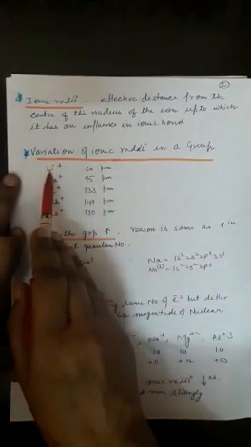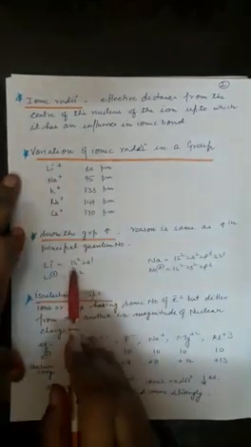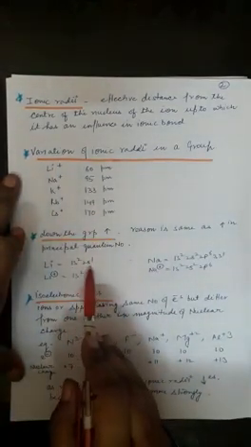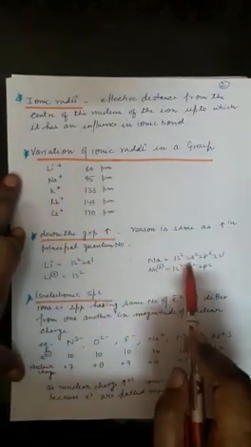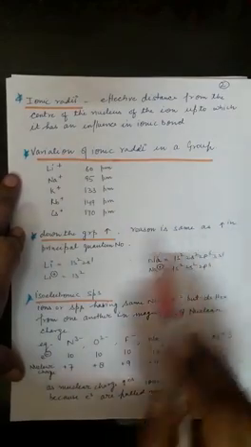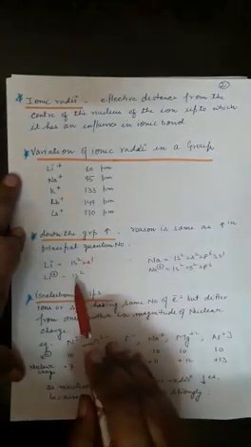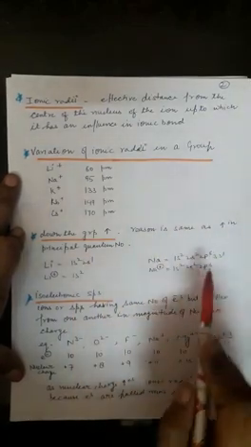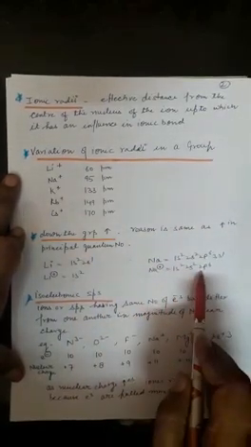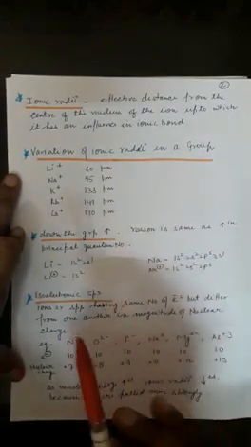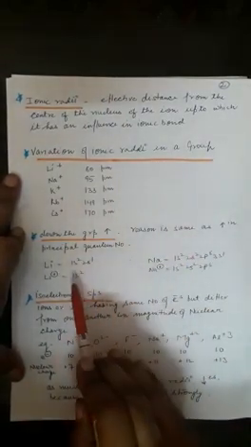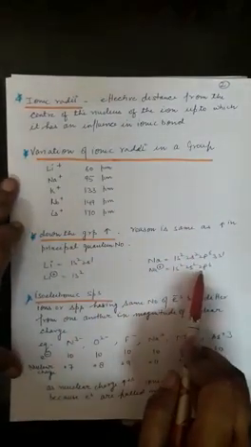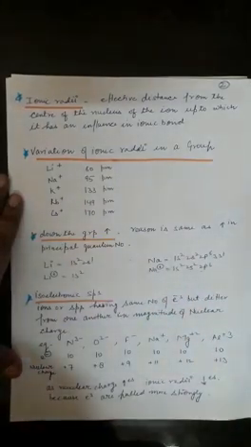In the case of lithium, the electronic configuration is 1s2, 2s1, and in the case of sodium the electronic configuration is 1s2, 2s2, 2p6, 3s1. When lithium loses one electron, its principal quantum number is 1, and in the case of sodium when it loses one electron, its principal quantum number is 2. So after losing an electron, again the principal quantum number increases and its size increases.